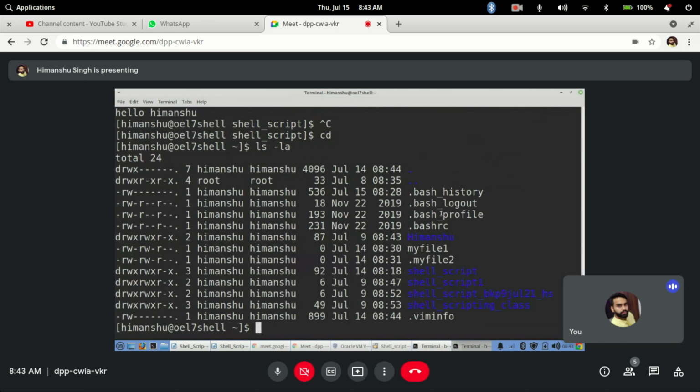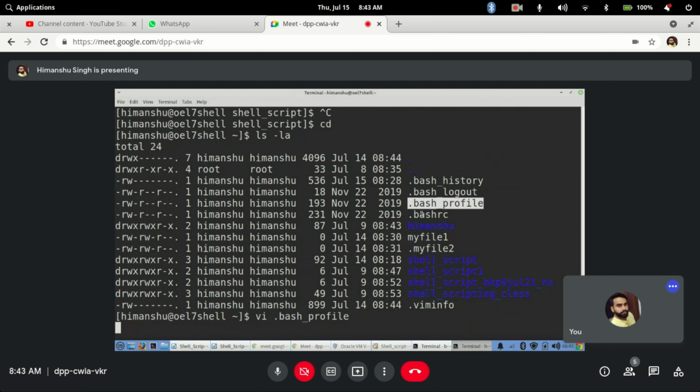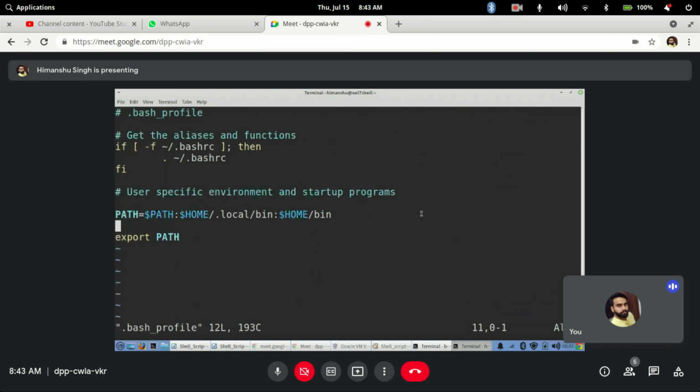Okay, so if .bash_profile is there, try to use that file only. So now in .bash_profile if I want, I can simply edit it. That's why it is a hidden file, normally a user will not be able to see that. If you know, then only you can make any such changes. If I do vi .bash_profile, you see all the specific file definitions are here. Let's say now I want to define a variable with export. You can define in this way also. First I define a variable like a local variable, and then I say export that variable name. But if you want to do it in the same line, I do export z equal to